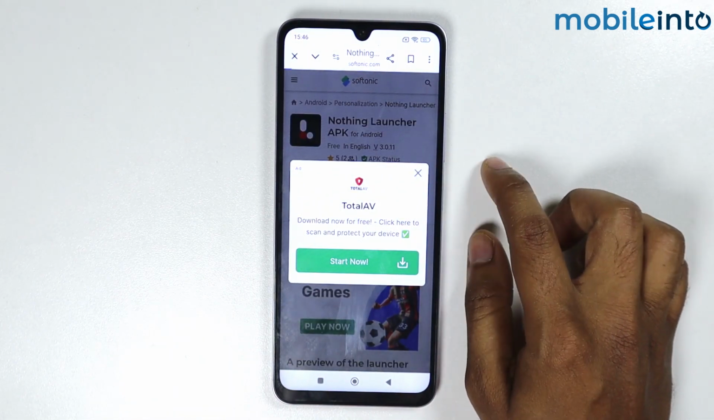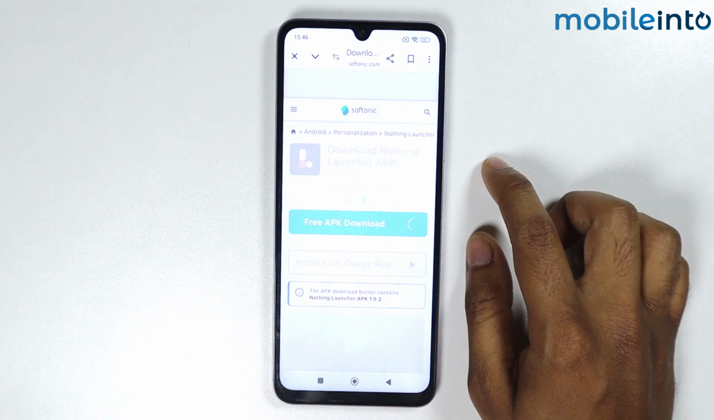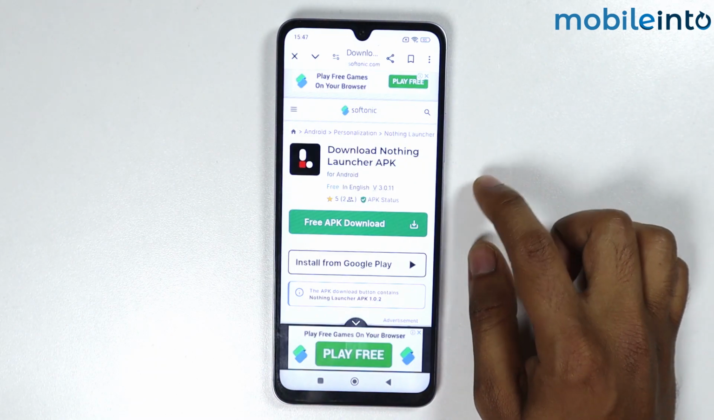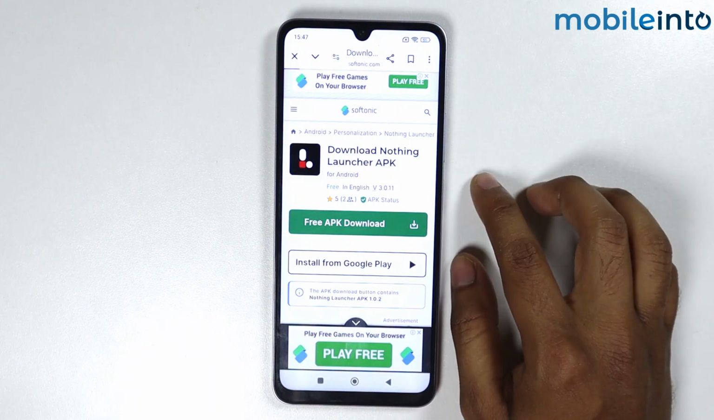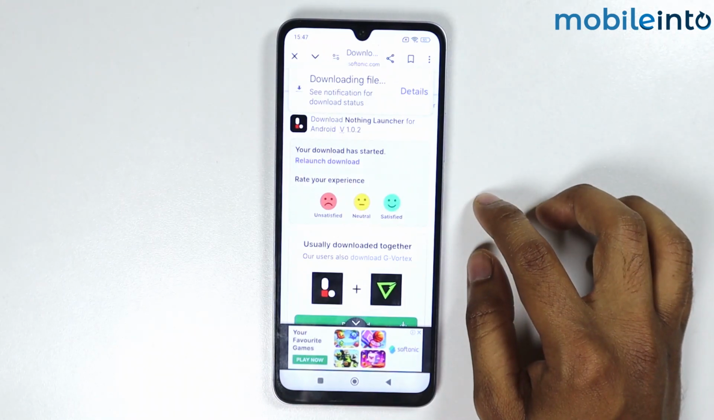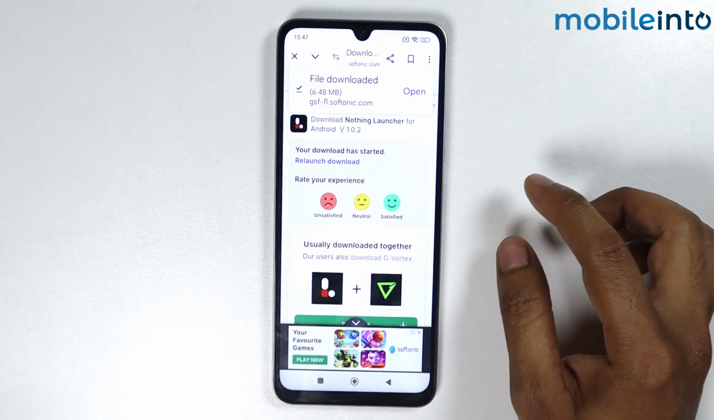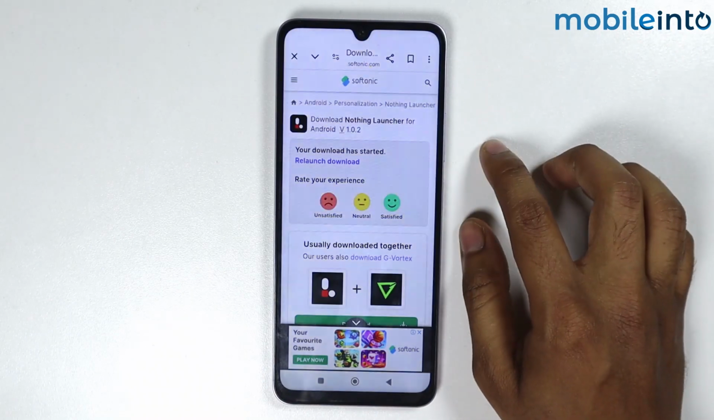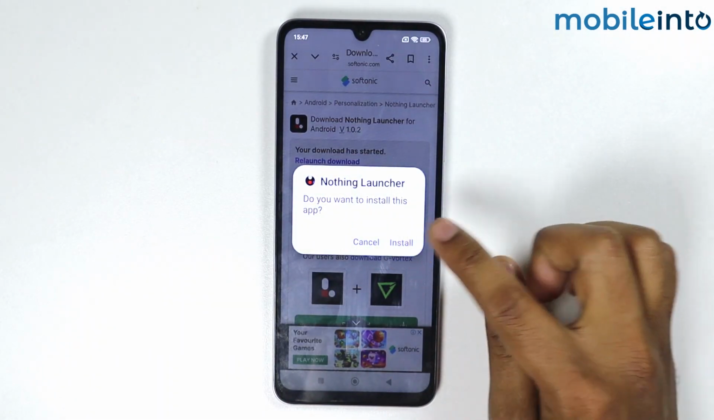skip the advertisement, tap on free APK download, tap on download anyway. File is downloaded, simply tap on open, tap on install,